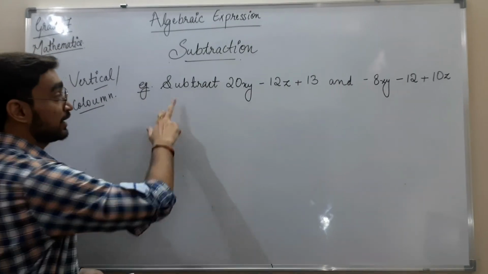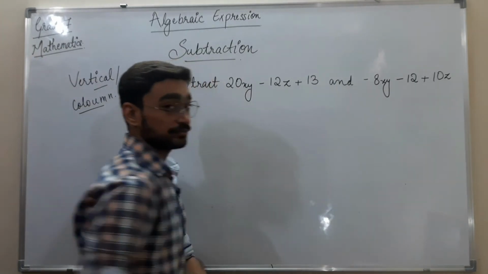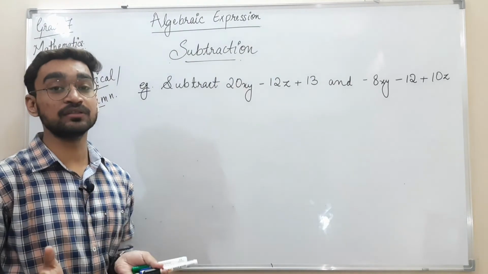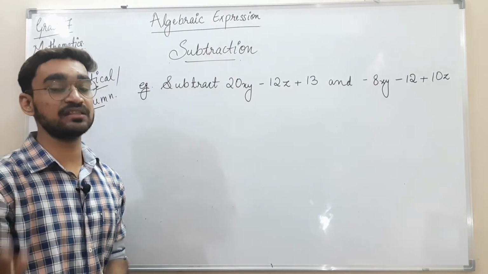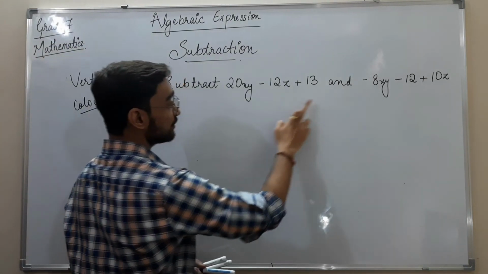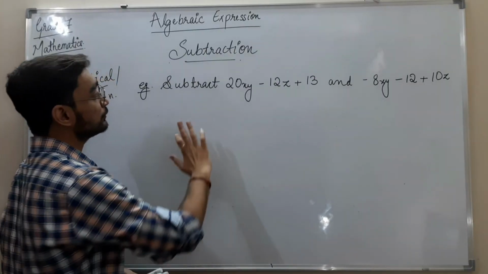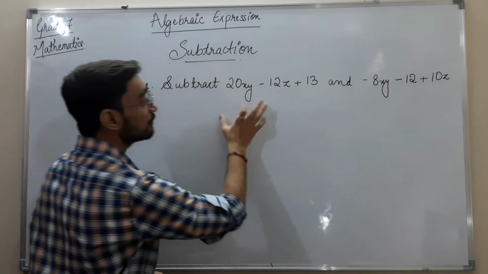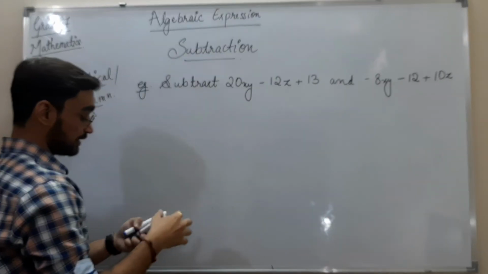See here, subtract this and this. Here we are not using the word from. So there is no need of writing this first and this first. What we can do is, subtract this and this, means we have to write this number first, like